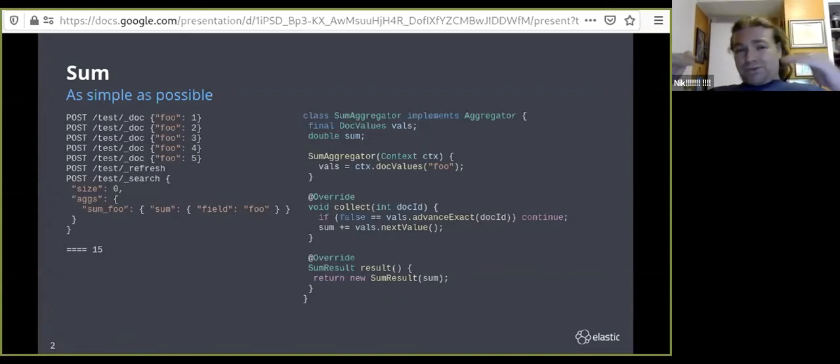To access the values in doc values, you call this advanceExact method. It'll return false if there are no values, and it'll return true if there are any, and then you call nextValue to get the next value out. This funny dance with collect, advanceExact, and nextValue